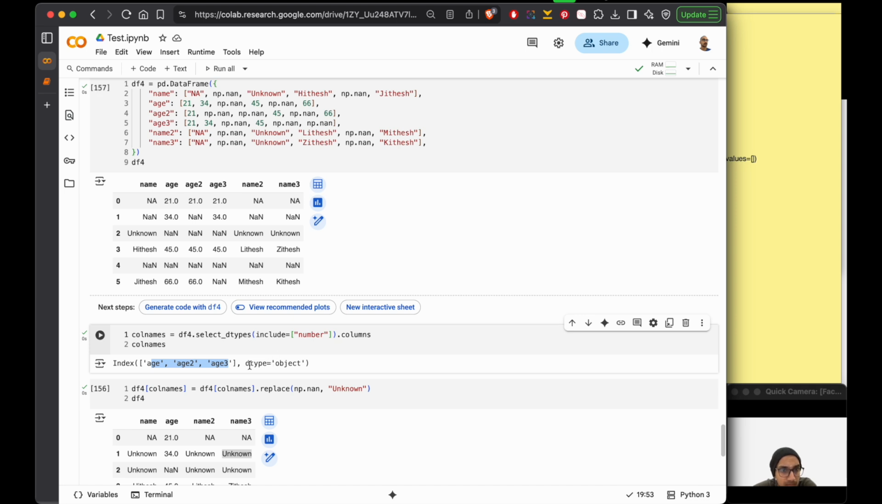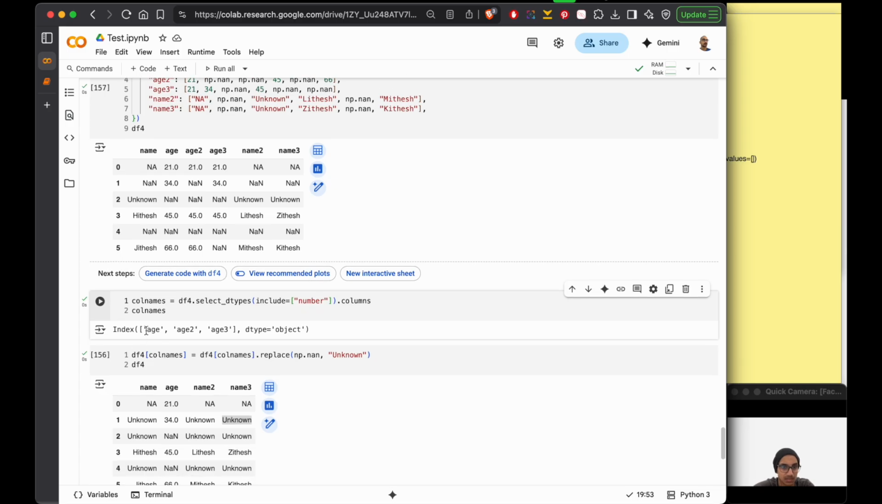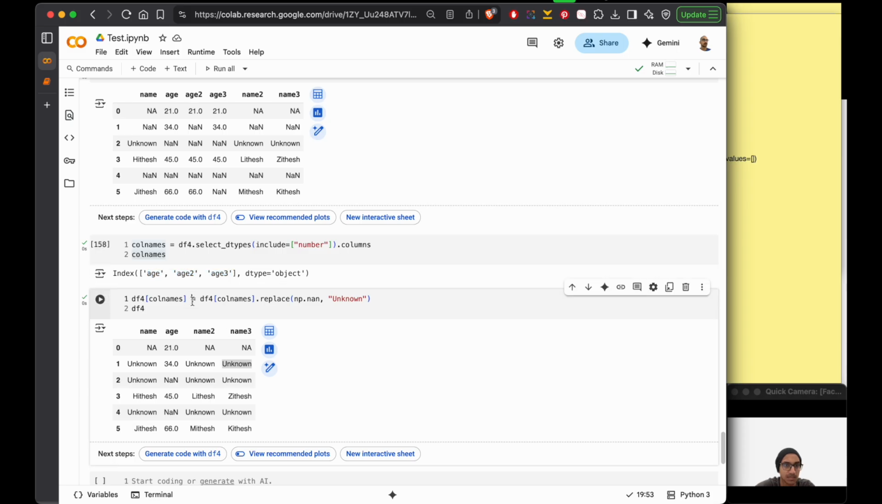Though it's setting data type as object. Interesting. Oh no, I guess it's the index data type. That's correct. Index data type is object because these are age 2, age 3. So the numeric data type columns are these 3, and then if we do a